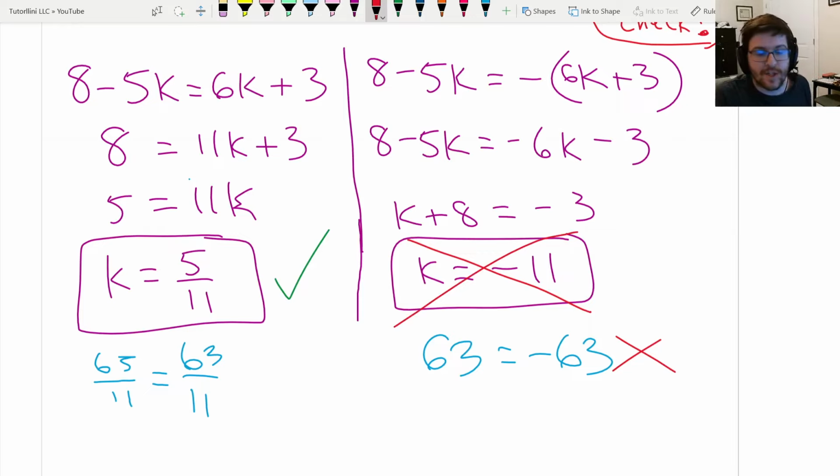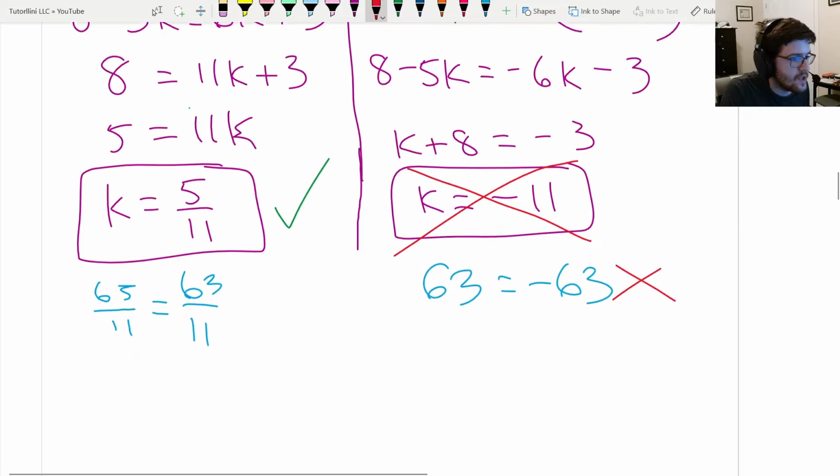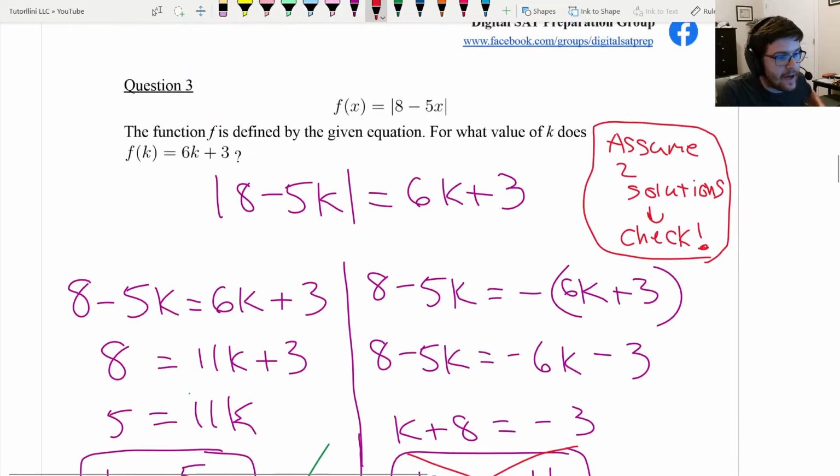So it just so happened that this one ended up having one solution. We just assumed it has 2 just in case it did have 2, right? So the answer is 5/11. Now, you could also solve this one, at least once you figured out how to write this equation,